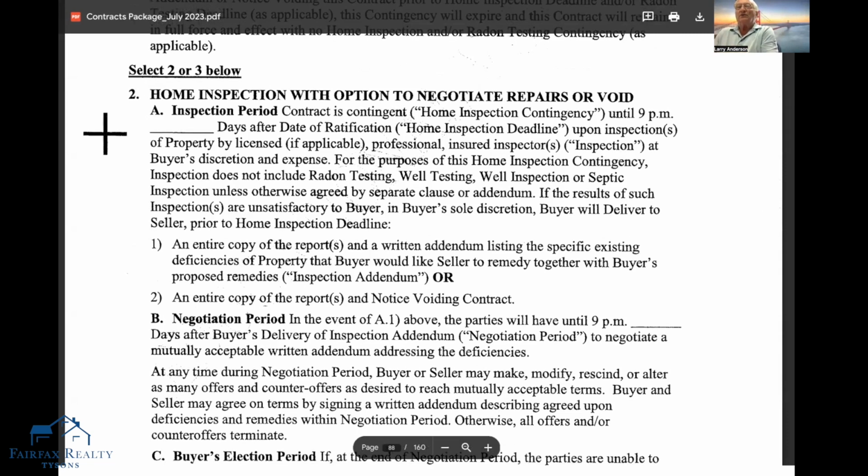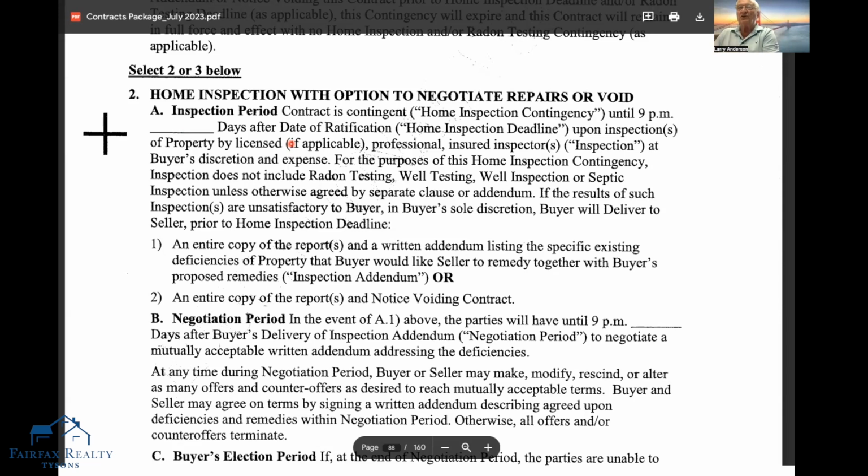Now, 2, home inspection with option to negotiate repairs or void. So we are contingent until 9 p.m. X number of days after date of ratification. I usually ask for 10 days to make sure that we can get a quality home inspector out there. You know, some of them might be pretty busy now because we're starting to see home inspection contingencies in contracts again. Upon inspections of the property, and this is very important, by a licensed, if applicable, professional insured inspector in